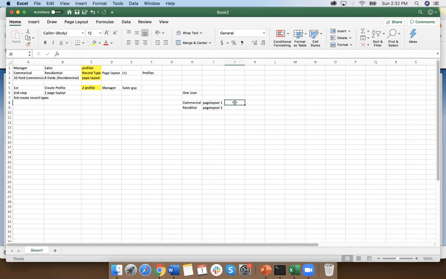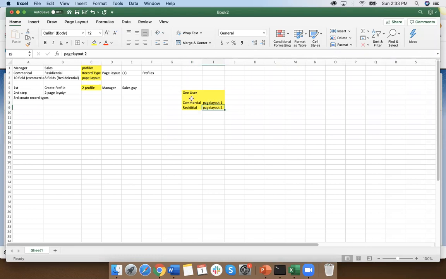So they can be any fields, 5 out of 10 fields that you have in total for that object, or, for example, 8 out of 10 fields that you have overall. So whatever number of fields you have, you can choose. Either you can use record types in this way, so that you can have different records and different page layouts coming up,